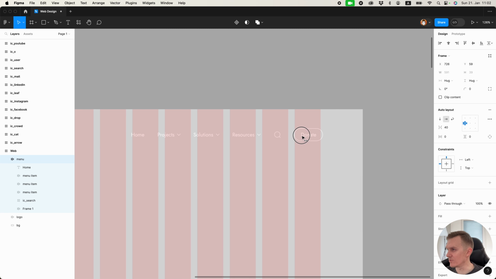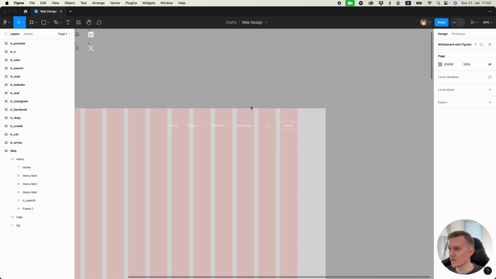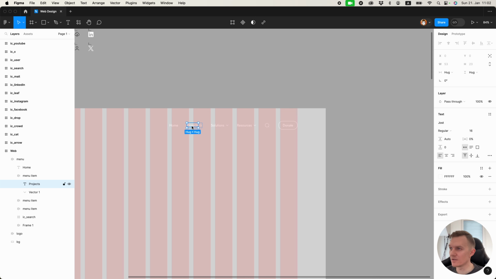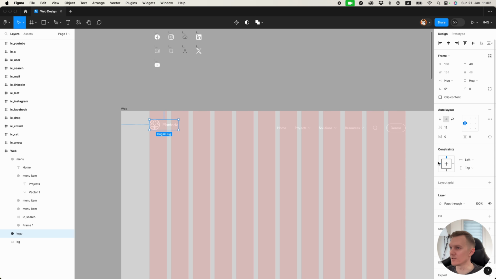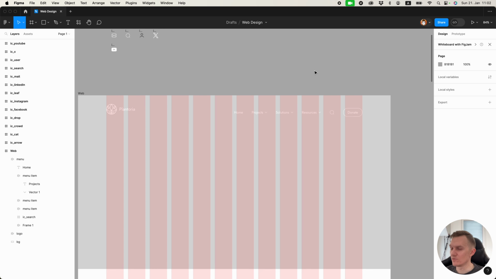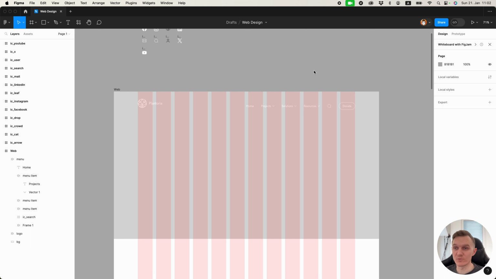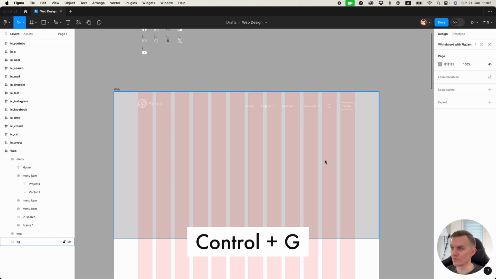Let's move it on our grid, and I will change constraints to have the right alignment, because if I change anything, this will always be aligned to the right, or if I add any elements. So it's nice. For this element we have left alignment. Cool. To disable the grid, I can press Ctrl G,